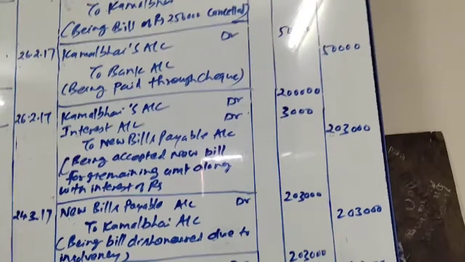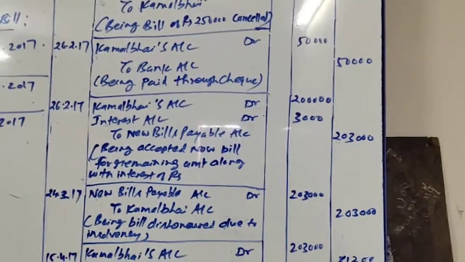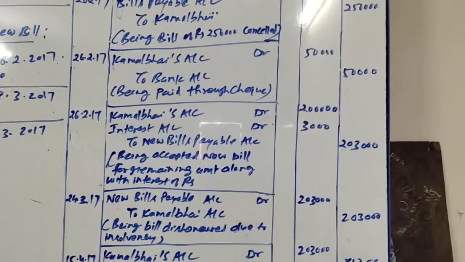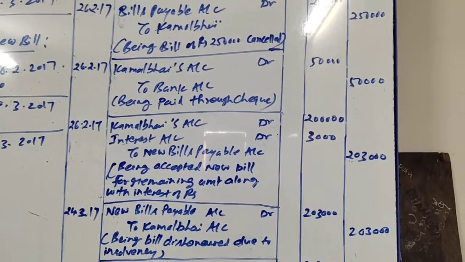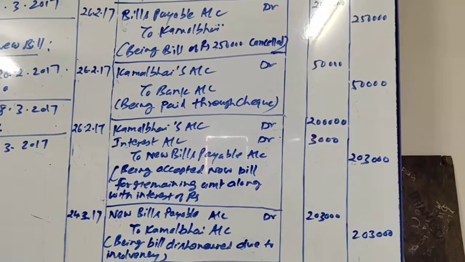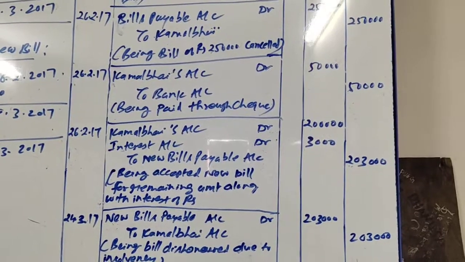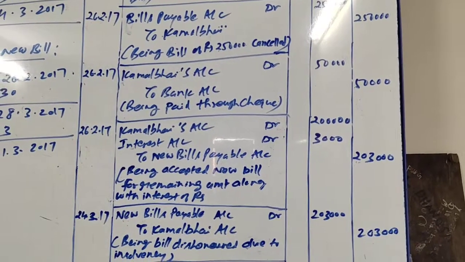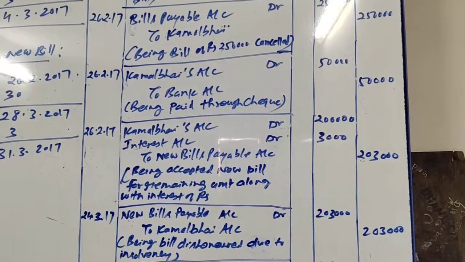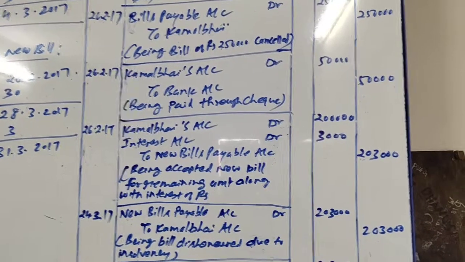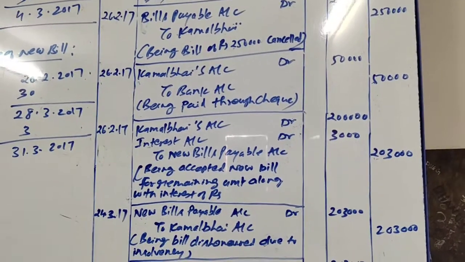Friends, again here also, instead of this entry, you can pass two different entries, where interest account will be debited and Kamal's account will be credited with rupees 3,000, and the new entry will be that Kamal Bhai's account debit to new bills payable account 2,03,000. Okay, now